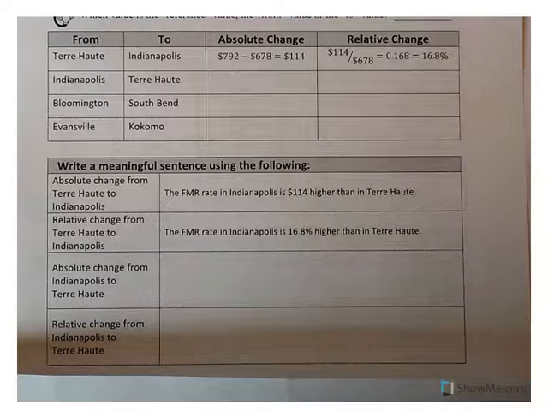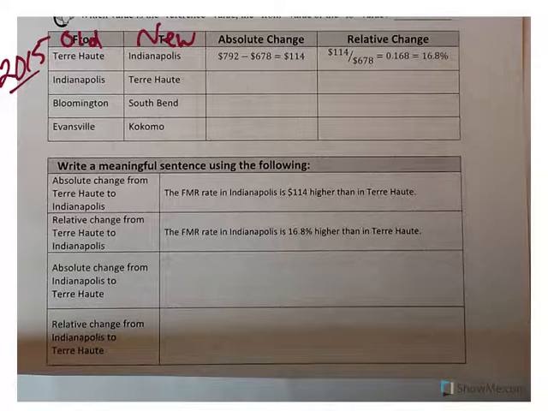All right, now we're going to look at just the year 2015. So when you look at that table that you have, we're only looking at 2015, but we're looking between cities. And when you're talking between cities, think about if you're going shopping. If I start at home and then I go from home to the mall, well, home is old because that's where I'm coming from. So from is considered old. Wherever I'm going to is my new location, so that's considered new. Okay, so when we're talking about Indianapolis to Terre Haute, I'm going to use Terre Haute